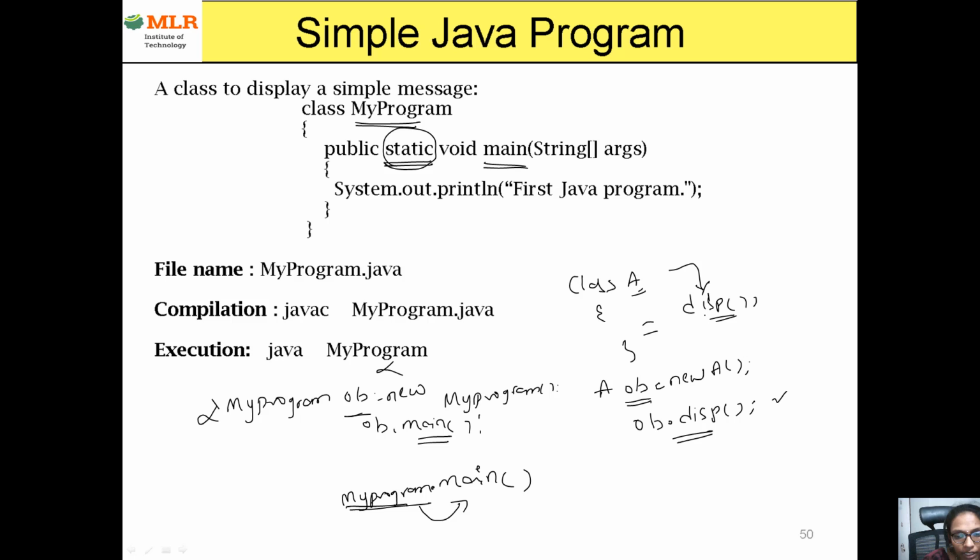Here also it is the same thing. If I declare this disp method as static, how can I call it? No need to create ob. I can simply call a.disp. Okay, we know that if I want to access a method or data, it needs memory, right? Where will it be saved if I don't create an object? Where will the method or data be stored? So there will be a class memory.